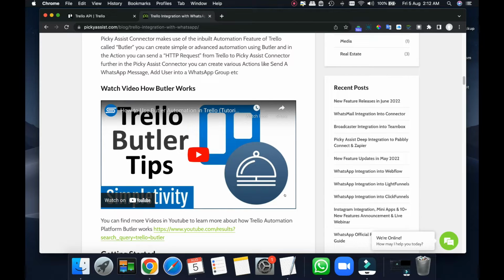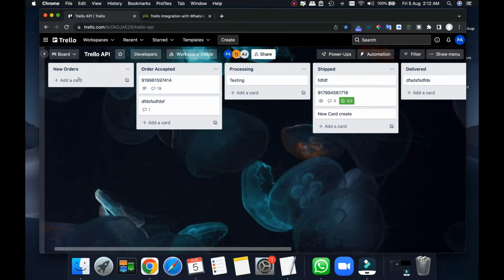The first part is sending events from Trello to WhatsApp using the Picky Assist connector. The events can be, when a card is created, send a WhatsApp message. When a card is moved from a specific list to another list, send a WhatsApp message or take different actions.